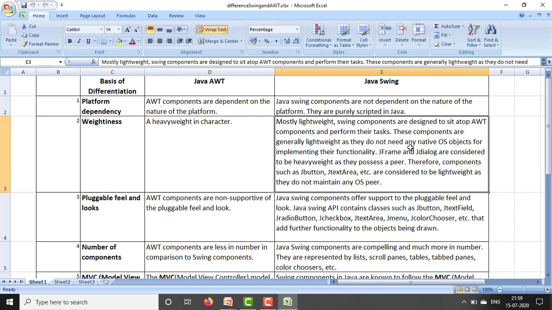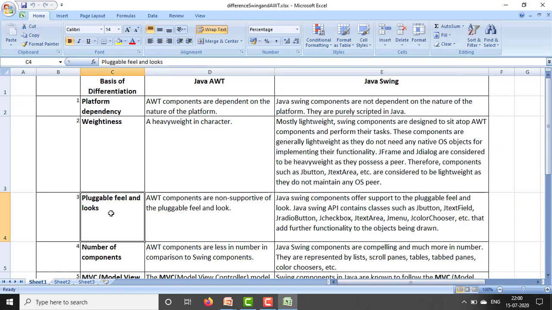JFrame and JDialog are considered to be heavyweight as they possess a peer. Therefore, components such as JButton, JTextArea, etc. are considered to be lightweight as they do not maintain any OS peer.